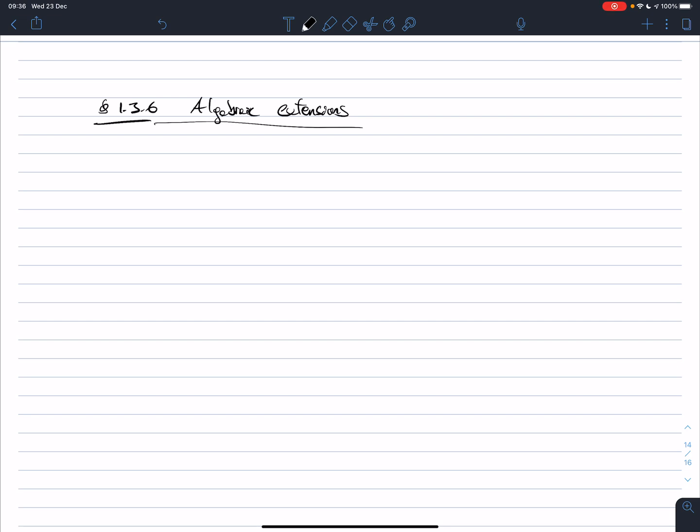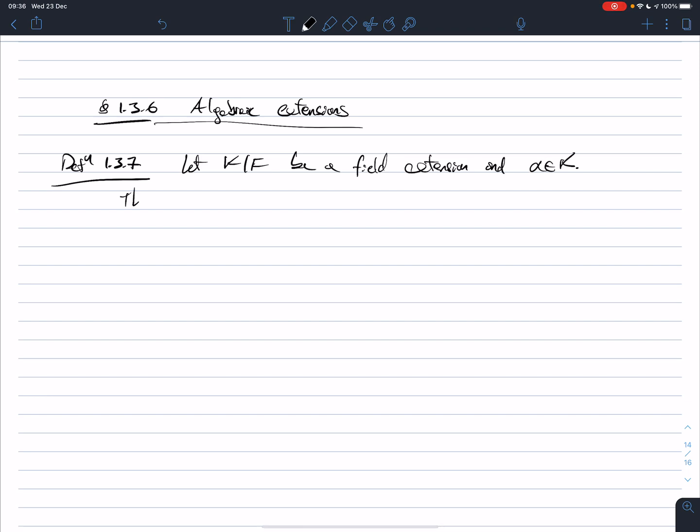So let's begin as usual with a definition. Definition 1.3.7, which says the following. Let K over F be a field extension and take alpha, some element in K. Then we say alpha is algebraic over F